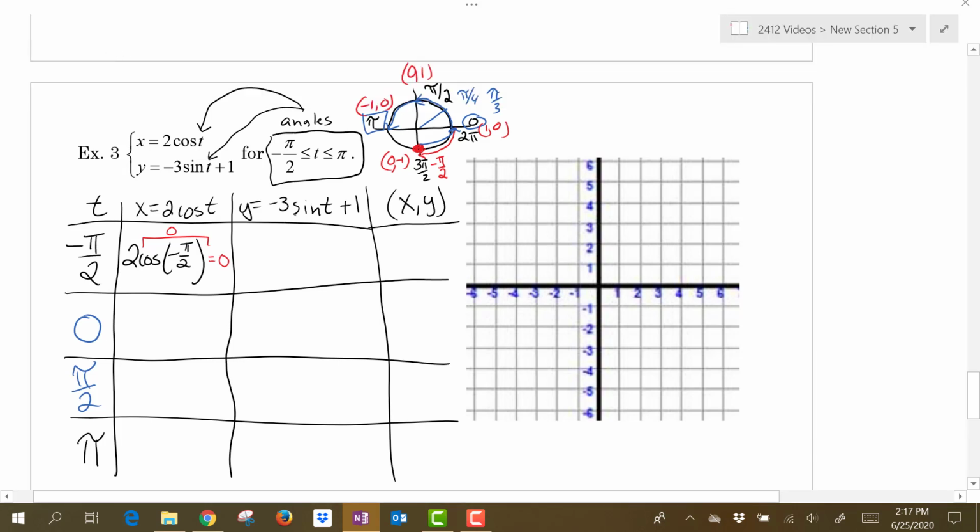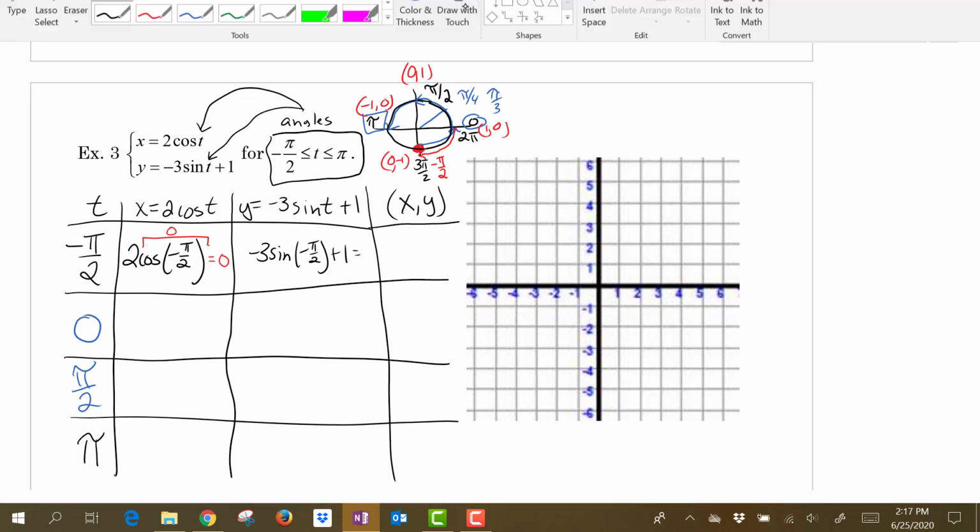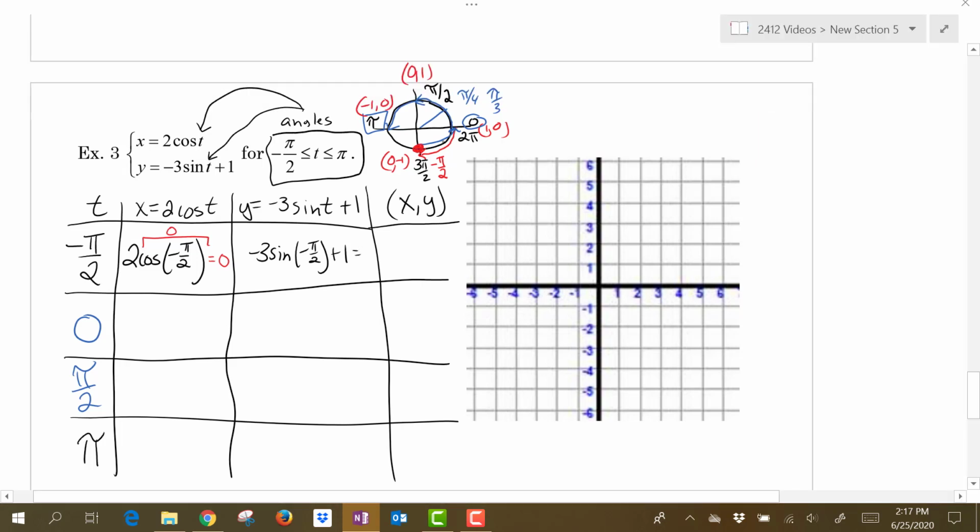Alright. Let's see, we have negative 3 times sine of negative pi over 2 plus 1. Alright, so negative pi over 2, the sine value of that is negative 1. So that's negative 3 times negative 1, that's a positive 3 plus 1, we get 4. So the ordered pair, 0, 4. So I'm going to plot that. That's an x value of 0, y value of 4. And then I'm going to label that with the t-value. This is the smallest t-value,